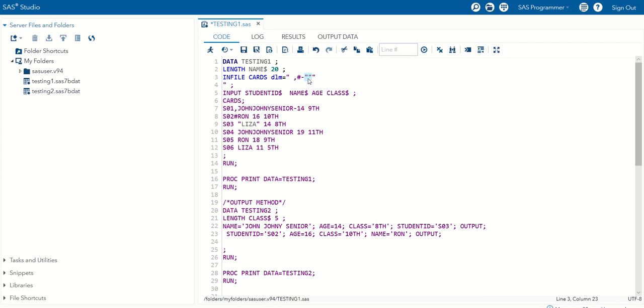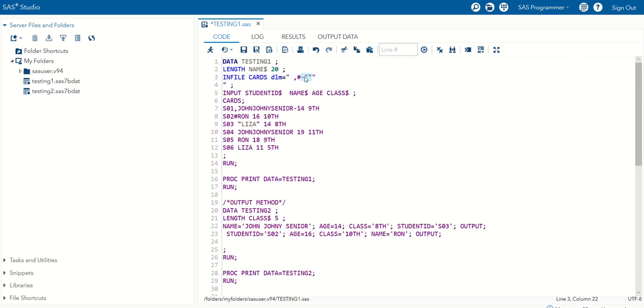If we give only one, it will understand we have opened double quotes here and closed them here with this double quote, so the last one is an extra character. It won't understand that we are using it as a delimiter. So to make SAS understand, we put it two times.